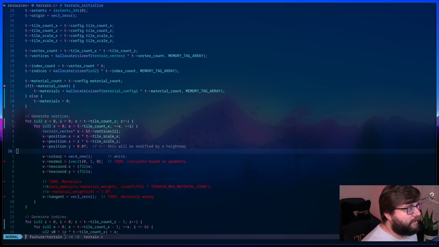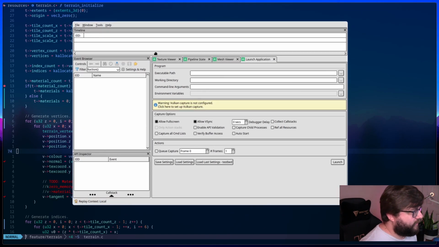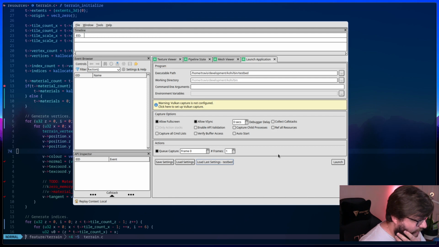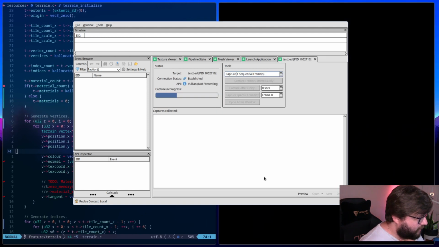So cd bin, qrenderdoc. All right. And let's just drag this down here, load the last settings, launch.